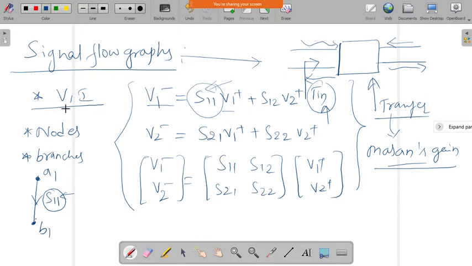So we can write the signal flow graph for different types of networks. We can tell it is a block diagram method also, but it is simpler than the general block diagram method. So this is the signal flow graph, and what are all the features of this signal flow graph?